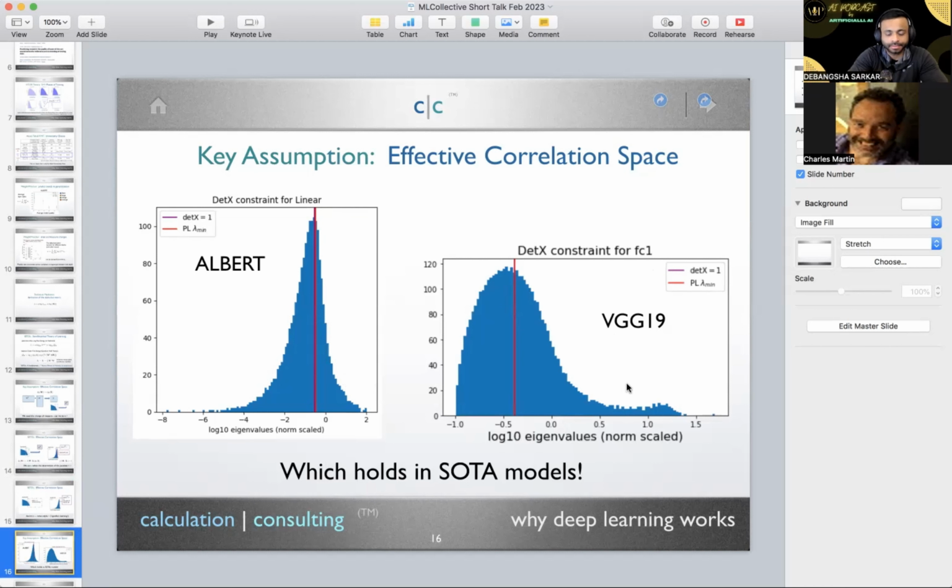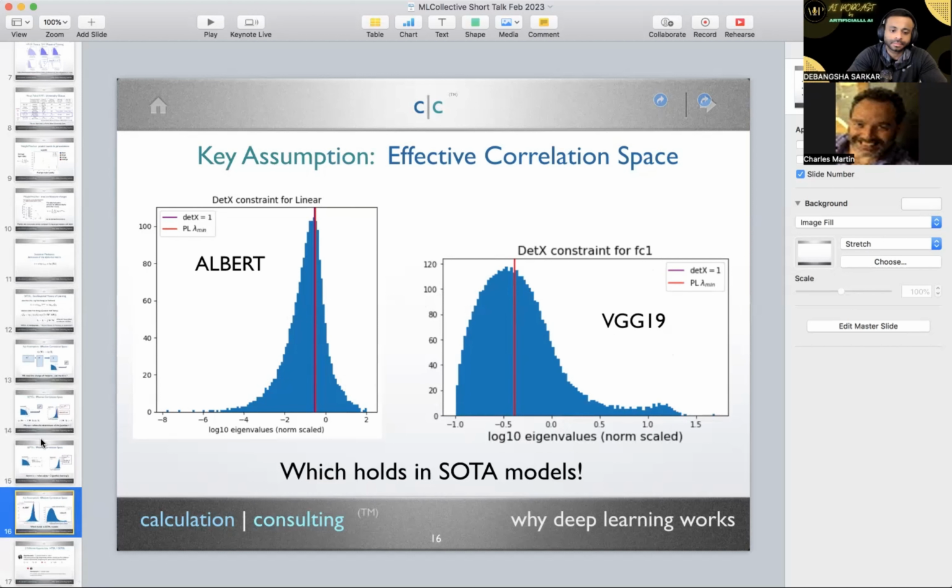And I want to point out that FC1 has a correlation trap, as a little bump, and the shapes are very different, right? But the theory still works. So now we can derive this. This can be derived, and you can show that this works. Again, it doesn't work everywhere. And I have a tool, and you can try it yourself, and you can see where it works and where it doesn't.